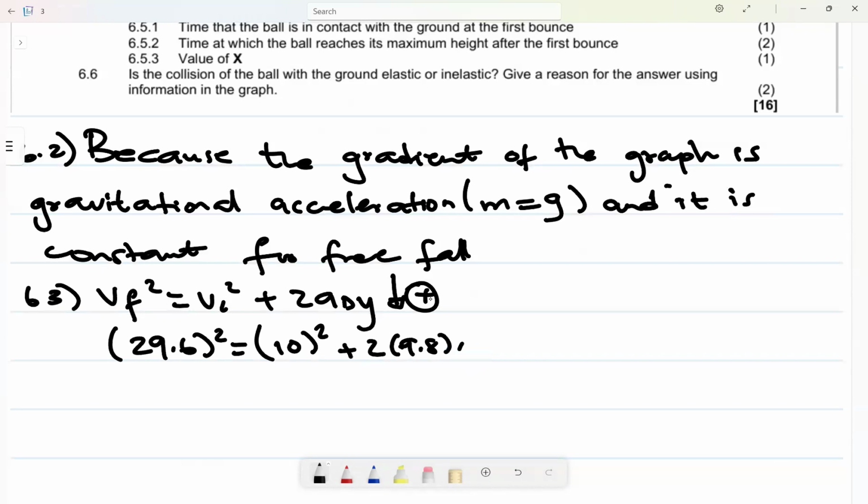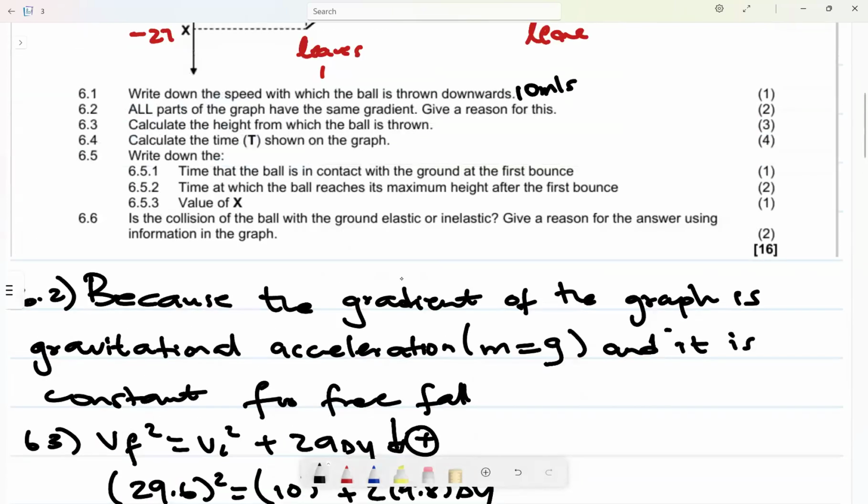I want change in y. When you punch that on a calculator and do your mathematical gymnastics, you should get 29.6 squared minus 10 squared, divided by 2 into 9.8. Then I get a change in y of 39.6